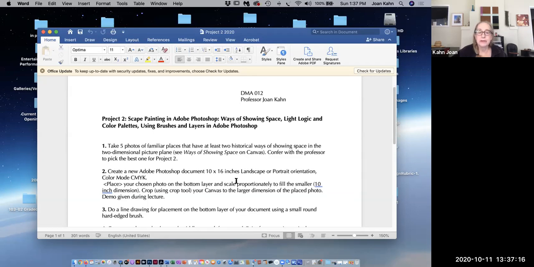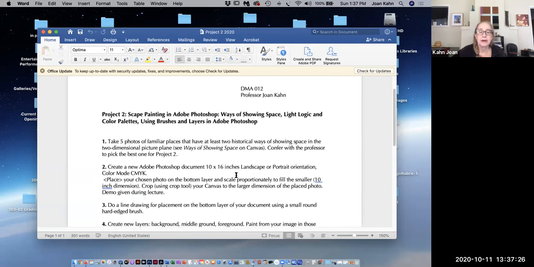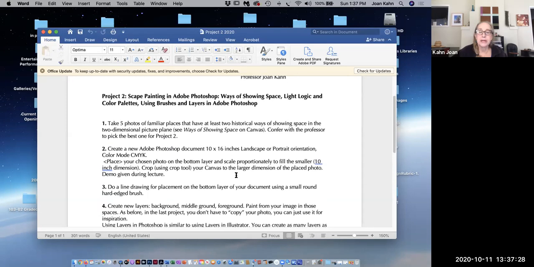So most of you have started sending me photos, and we've picked the photo that you're going to use. About half of you. So the other half still have to do that. Please do that. Step 2, create a new Adobe Photoshop document, 10 by 16 inches, landscape or portrait orientation, color